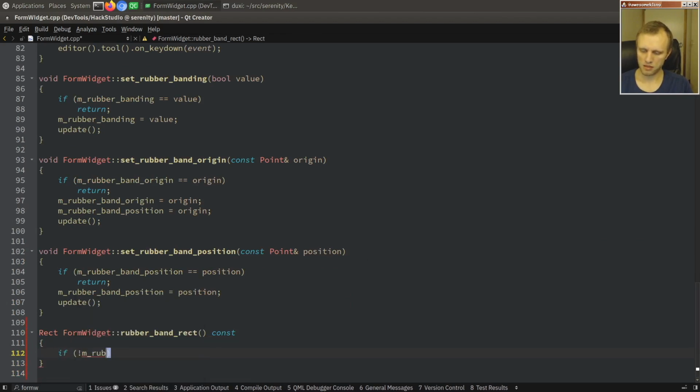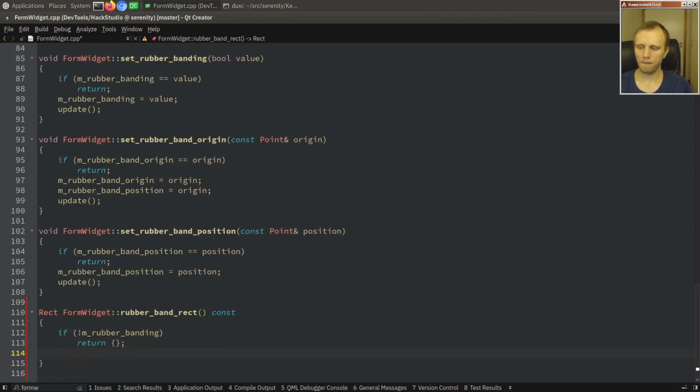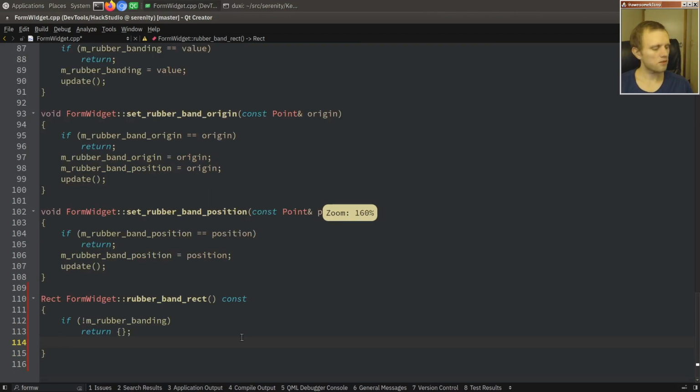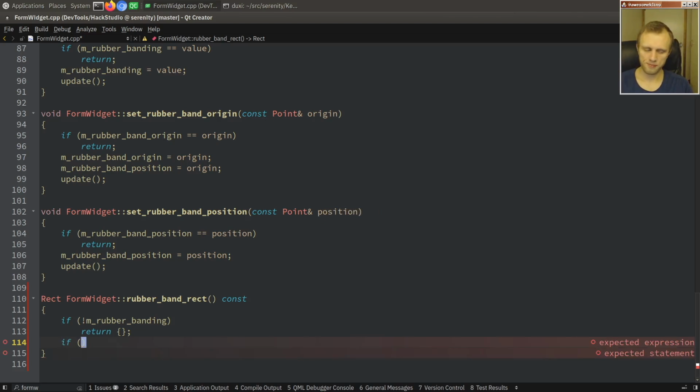If m rubber banding is false, then we'll just turn an empty rect. Okay, so I guess if... wait, we want one of these to be the top left of the rect, and the other one should be the bottom right of the rect. So if we have 2 points,